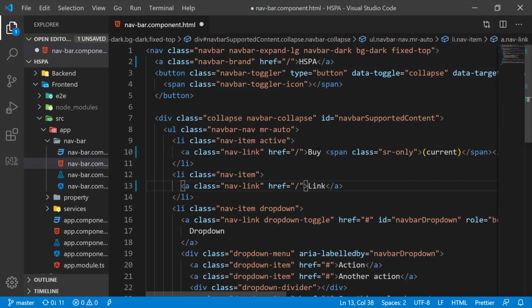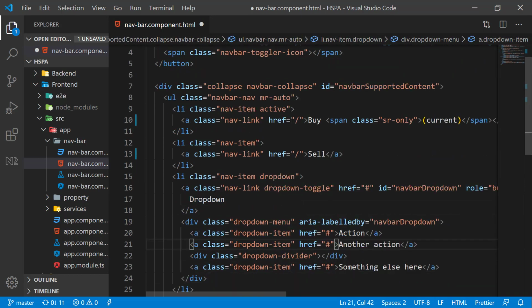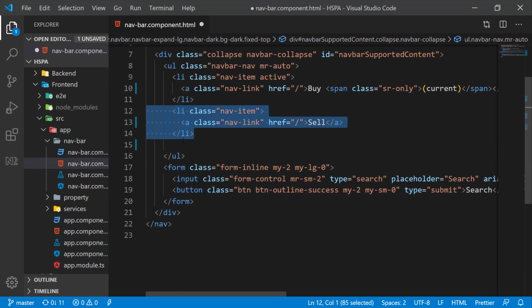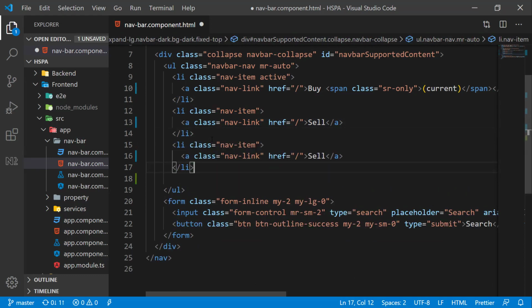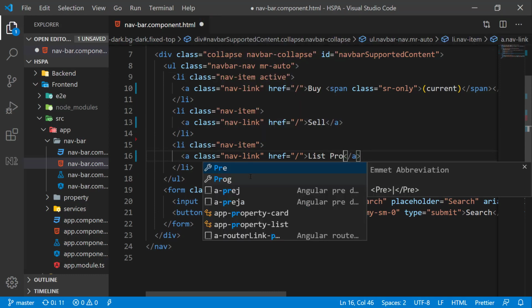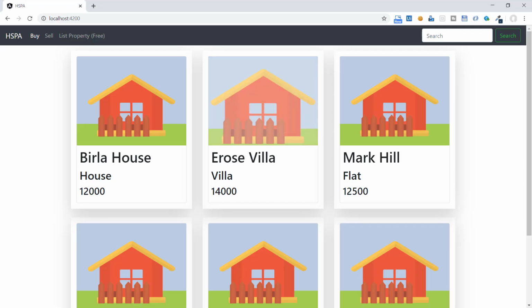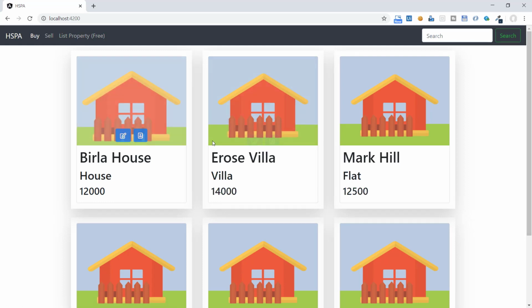Change this to sell and remove this drop down. And add one more link to add a new listing. Give it the caption list property free. So now on clicking these three different links, our application should display different components to the user.